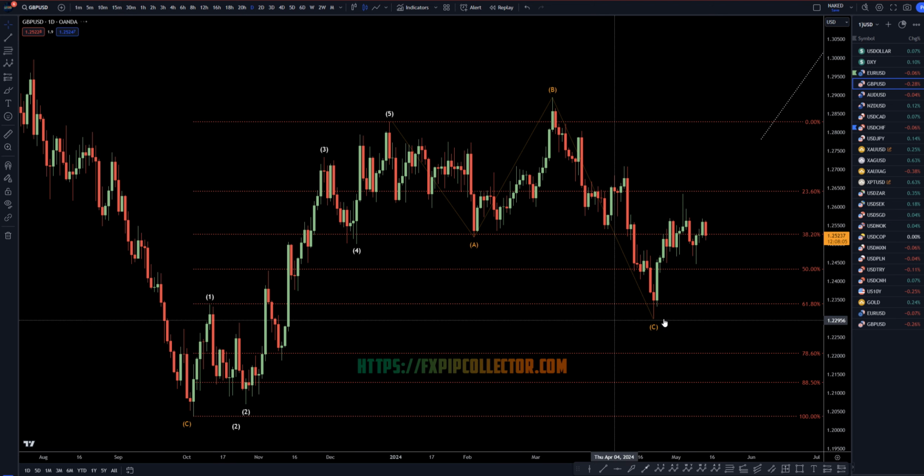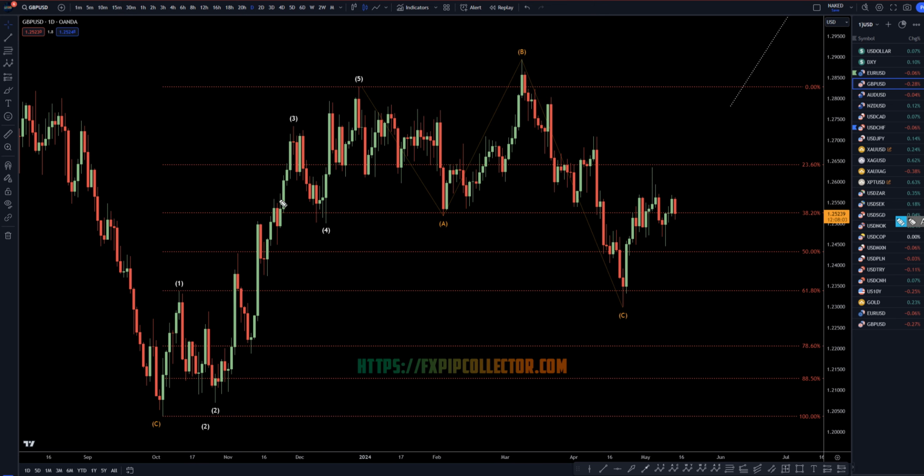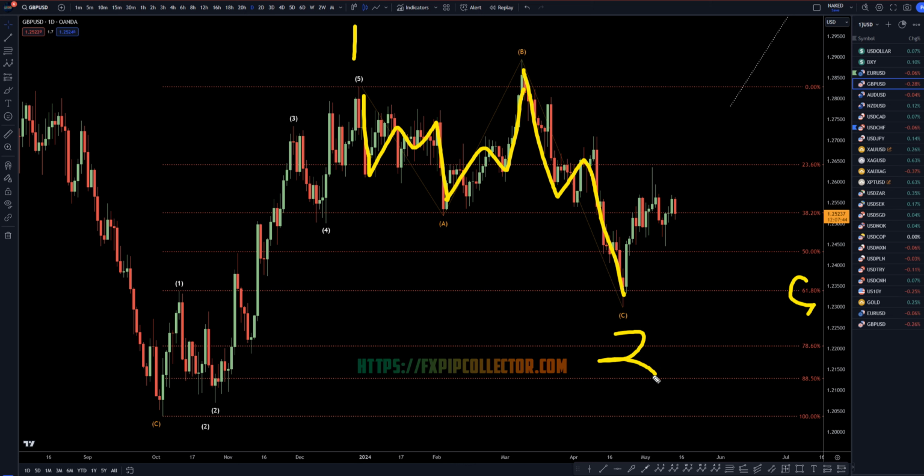Heading down to the daily time frame. On the daily time frame, I think this is 5 waves up, most likely at 1. I was actually wondering if this is not an ABC, but it's a WXY. But either way, you could call it a WXY or an ABC. It's the same result. Either way, it's impulsive down A, corrective up B, impulsive down C, Fibonacci level 61.8, end of a crescent, end of a wave 2. I kind of suspect that there's a very good chance that we are in a wave 1, and most likely this is a wave 1 of wave 3.